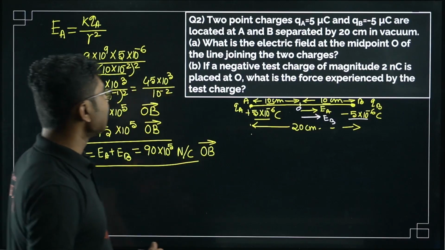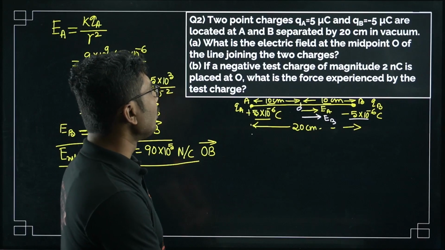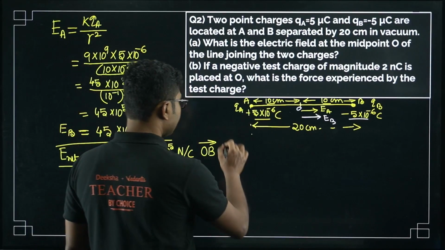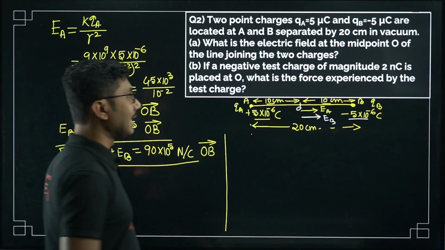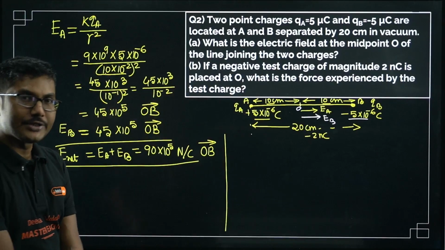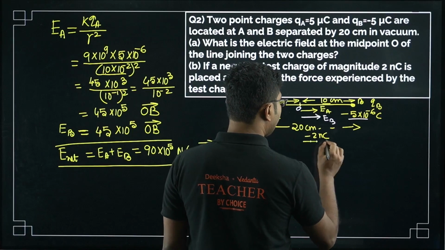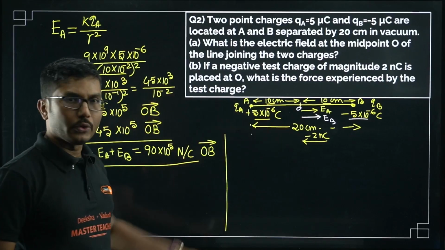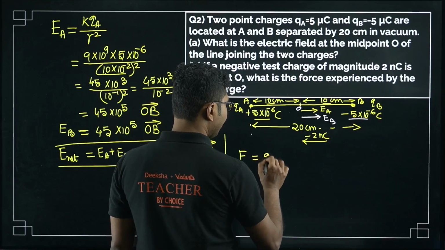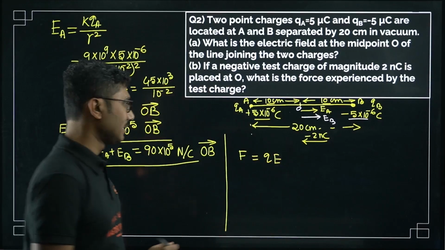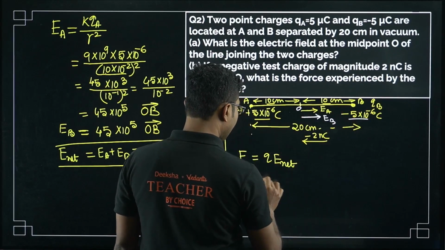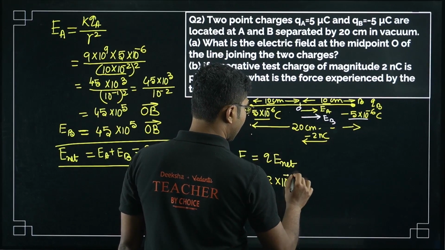Next: if a negative test charge of magnitude 2 nanocoulomb is placed at O, what is the force experienced by the test charge? If you keep a negative test charge of minus 2 nanocoulomb, it will experience a force opposite to that of the existing electric field. So it will be along OA. The magnitude of the force is given by Q into E net. And what is the charge? You have kept the charge 2 nanocoulomb, so 2 into 10 to the power of minus 9, and